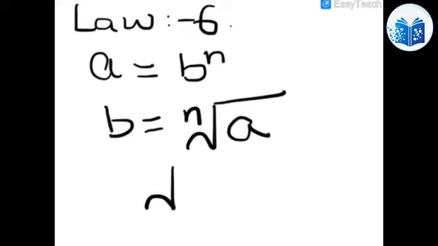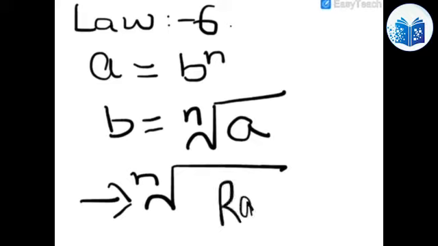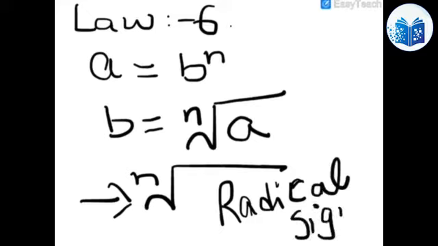Now remember, this is called the radical sign. What do we call it? We call it the radical sign. Okay, so please do not forget that this is called the radical sign,